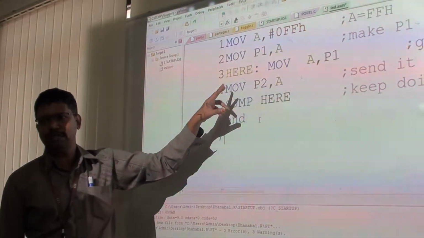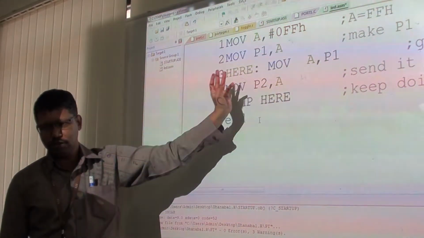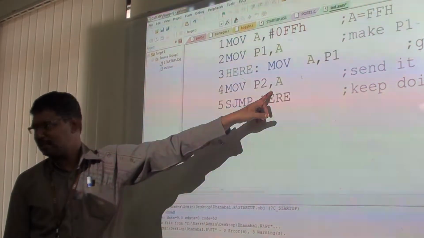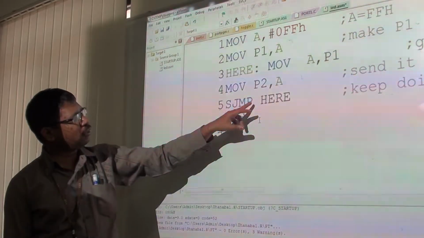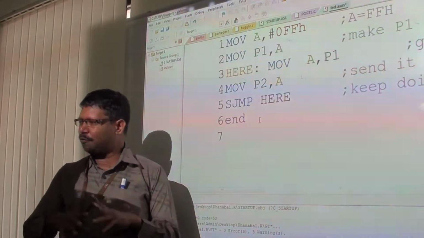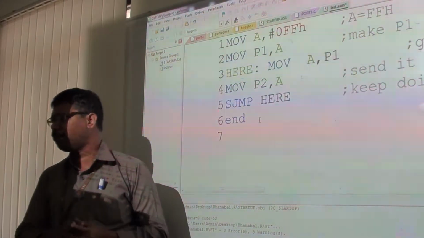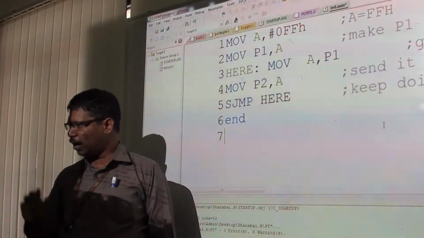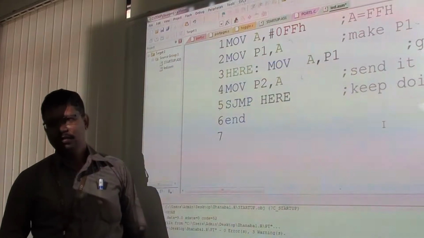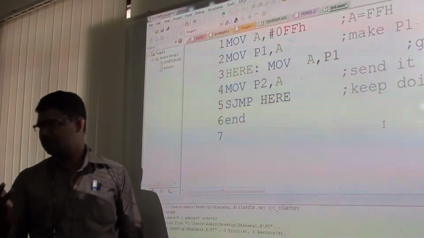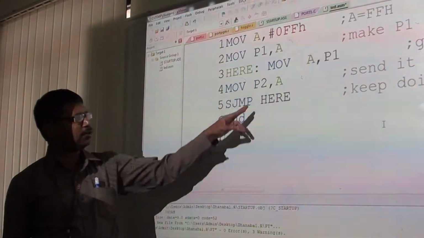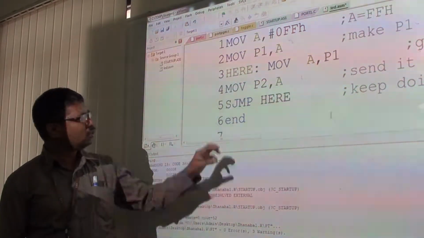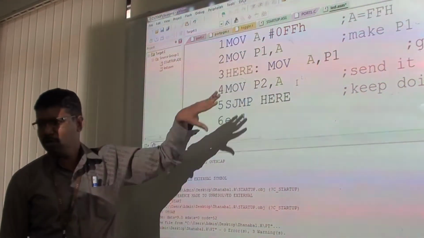So the instruction used to transfer the data to port 2 is the MOV instruction. What type of addressing mode is it going to use? Register addressing mode. Okay. After this, I am going to repeat this continuously, so that whatever data is in port 1 is transferred to port 2. But as for your laboratory exercise, you are going to do some manipulation before it, such as squaring the value or getting the x value and generating x square minus 2x plus 9, and the output we can transfer to port 2. Anyway, you can have some logic functions inside it. Okay. So SJMP here, and this continues, end.